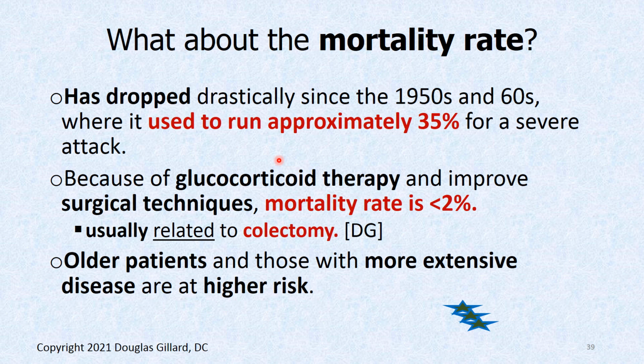Mortality rates have gotten quite a bit better. They used to be about 35%. A third of the people would die with this back in the 50s and 60s. But with glucocorticoid therapy and the surgical techniques and the antibiotics, the treatment we have for this is pretty good. Mortality rate is now under 2%. If mortality occurs, it's usually during surgery or after surgery for a colectomy. And of course, older patients are more